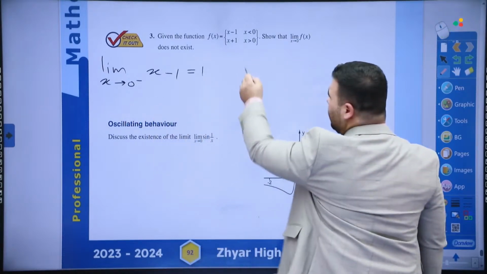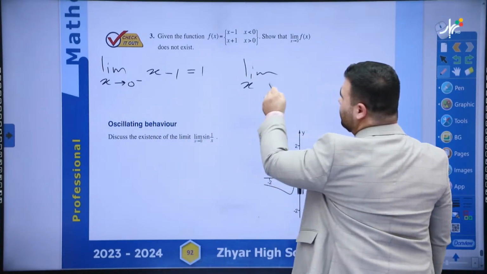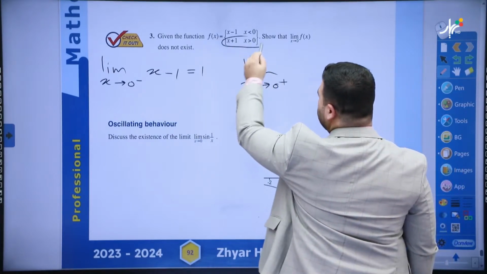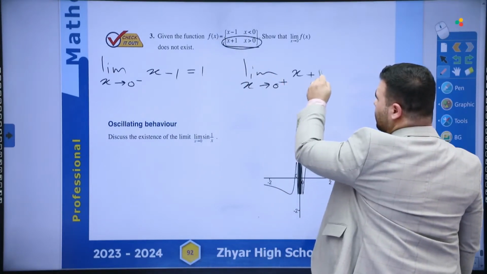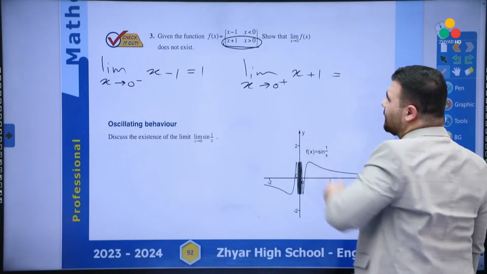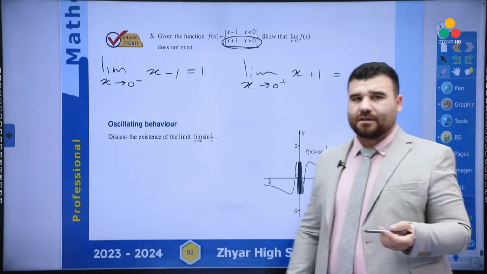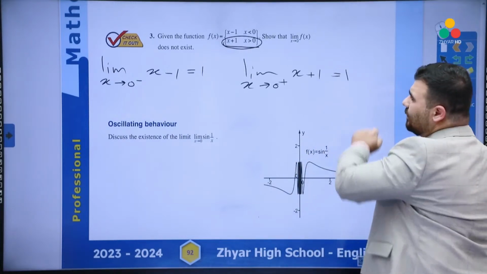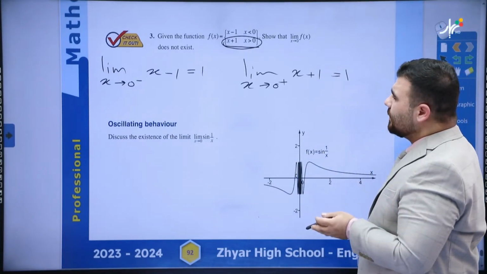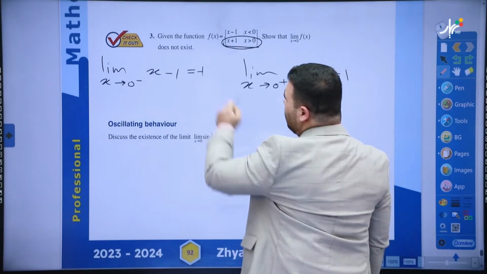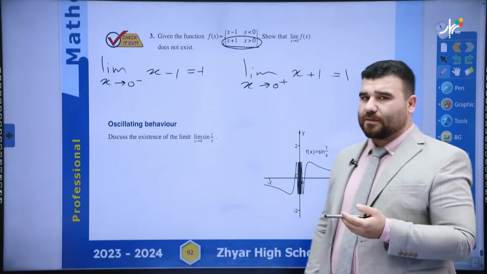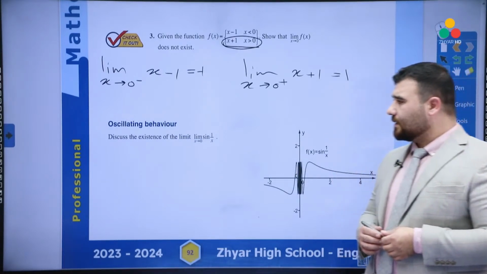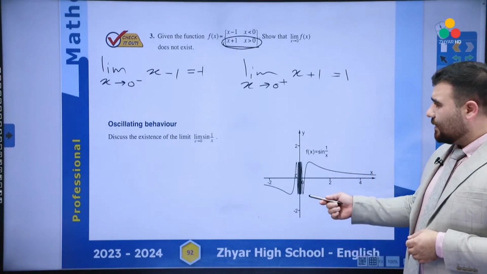For the same function, limit x approaching 0 on the right side. On the right side of the function, we have this x plus 1. Then if I put 0 directly in place of x, it's not a fraction, it has no problem, it will be 0 plus 1, which is 1. Now, this limit is 1 and this one is negative 1. This limit does not exist because the right limit is not equal to the left limit. As you see. Another case of limit does not exist is when you have